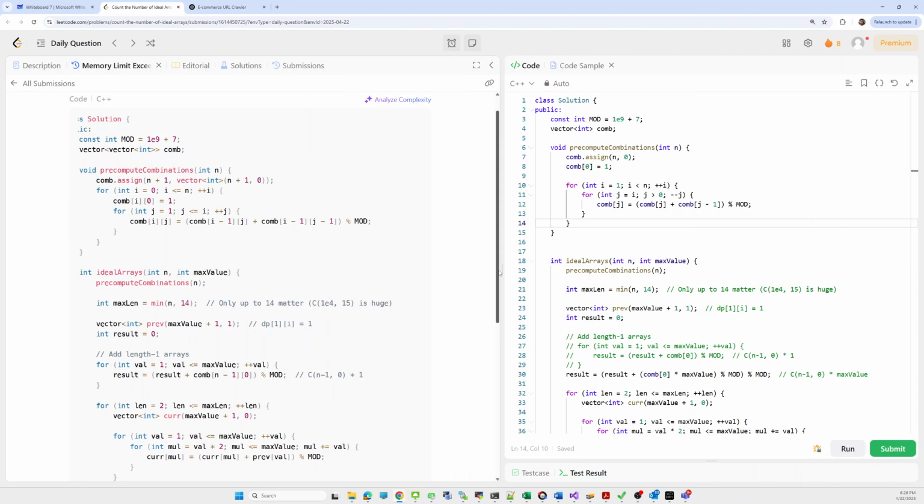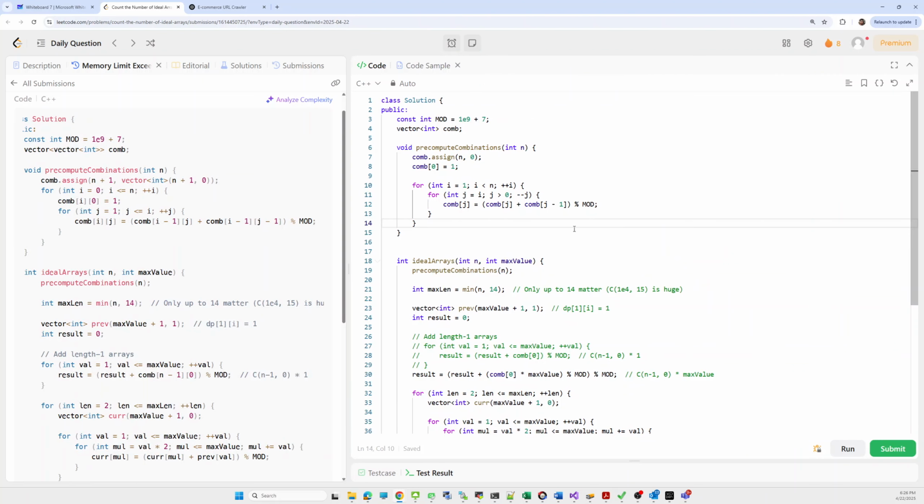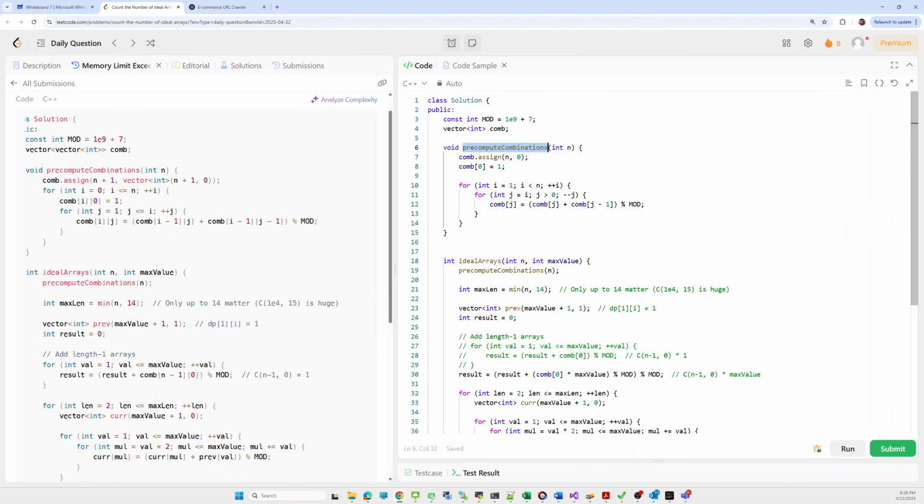So in the end, what I did to remove that, if you see the difference in the precomputed combination, previously we were using a 2D matrix, now we are using only a 1D matrix. It's the same concept we are applying here. We can iteratively update the next row using the previous row information, but physically we are using only a 1D matrix.